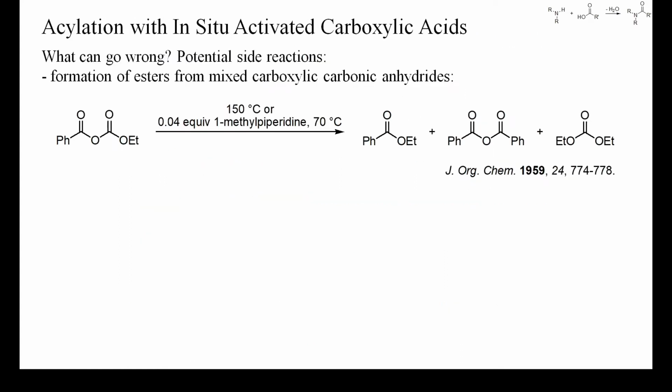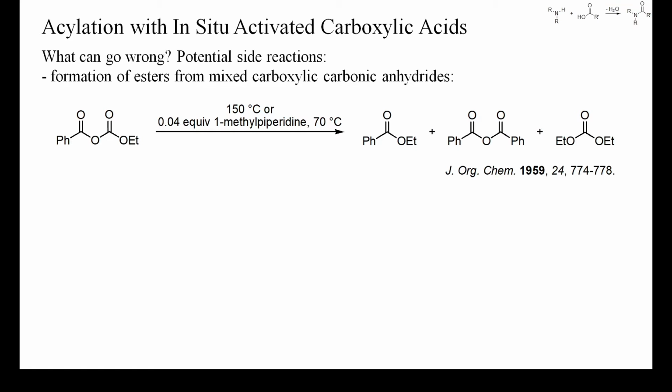So, what are the most relevant potential side reactions? These are the same as those discussed in parts 1 and 2 of this playlist and depend on the reactivity of the intermediate acylating reagents and the precise reaction conditions. These include the acylation of other functional groups such as alcohols or thiols and the formation of nitriles.